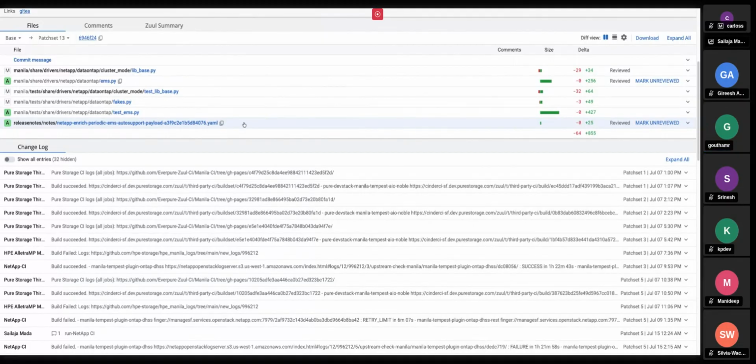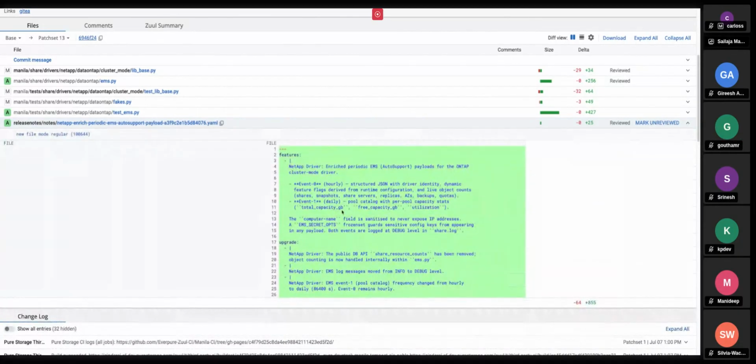Okay. No, actually, only the capabilities and count is the additional thing that we are doing, in terms of live object count, share snapshot, share servers. So this is one JSON file that will be pushed into the EMS log of ONTAP. So you want to know the number of characters that are getting pushed?